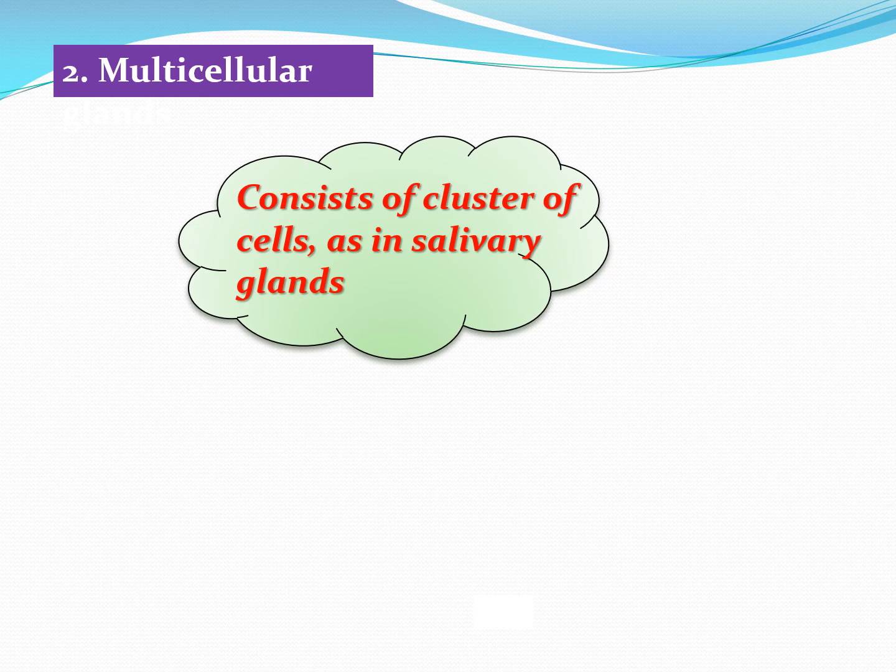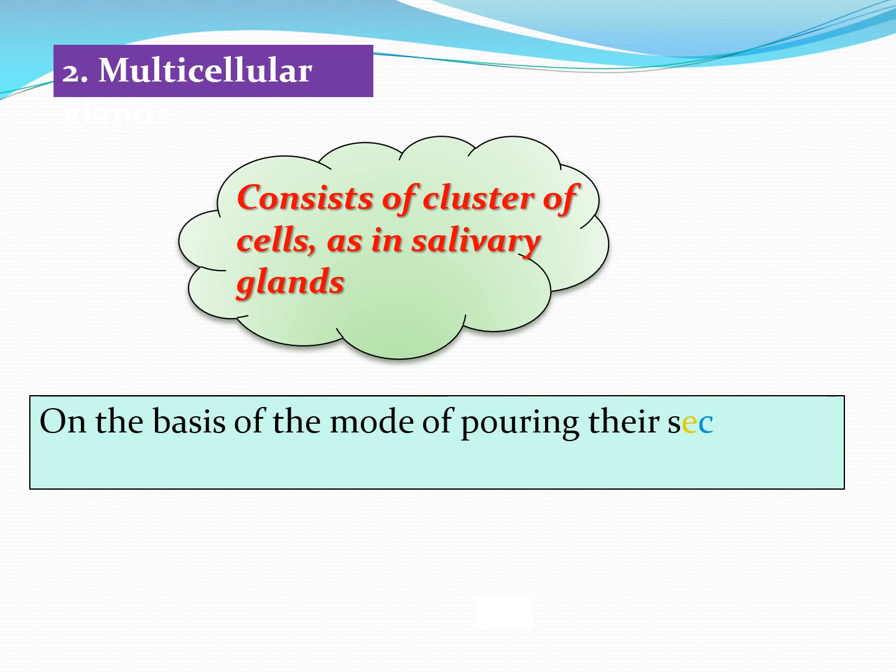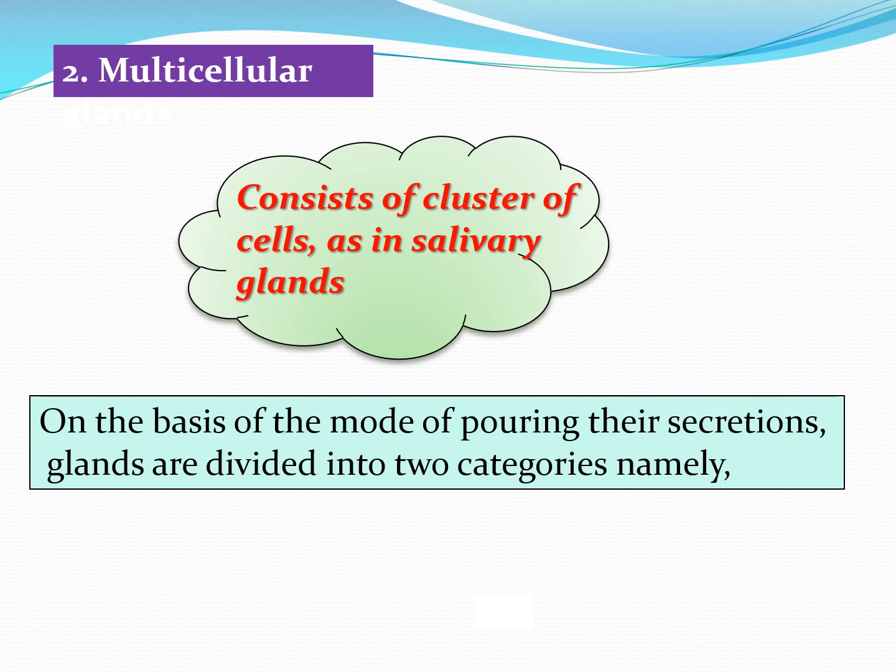And multicellular glandular epithelium consists of a cluster of cells as in salivary glands. On the basis of the mode of pouring their secretions, glands are divided into two categories, namely,